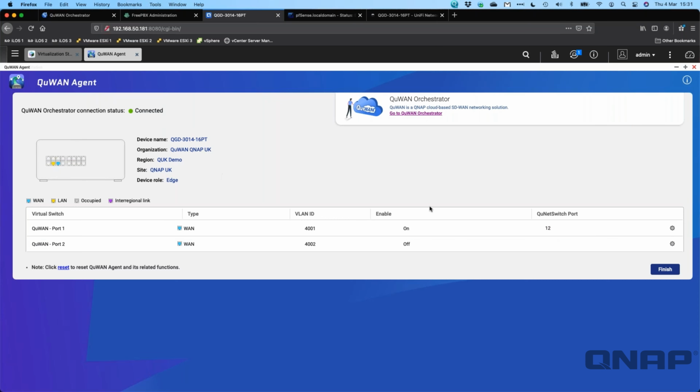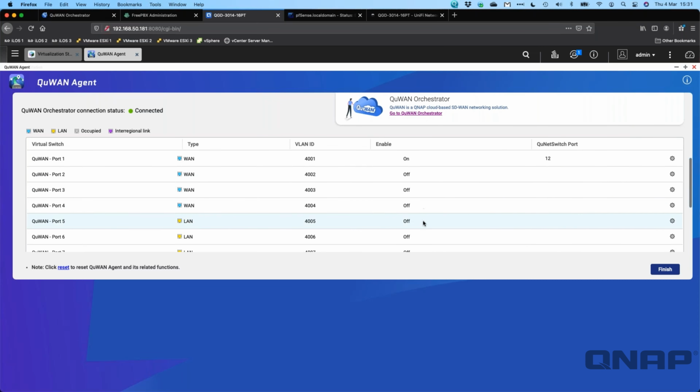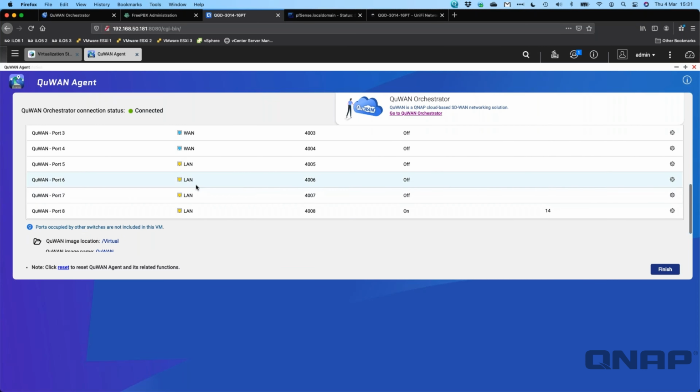It's highlighted in blue on the back. Now, if I scroll down, the rest of these are off. If I go all the way to the bottom, we can see that the last port is enabled, and this one is allocated as a LAN. So what this is saying, as I've only allocated one port, if I was to plug something into physical port 14 on the switch, anything plugged into that is now not part of my local LAN here with my home machines and printers and devices that I have here. Anything plugged into port 14 is now a member of the wider area network, the SD-WAN group with other devices